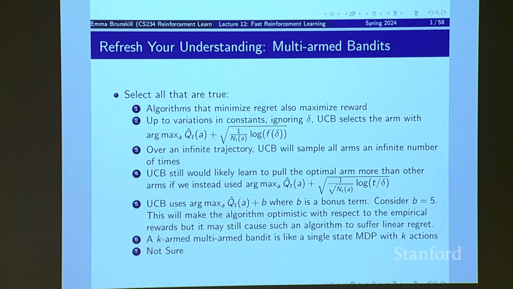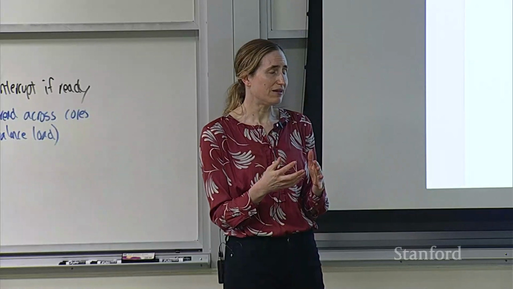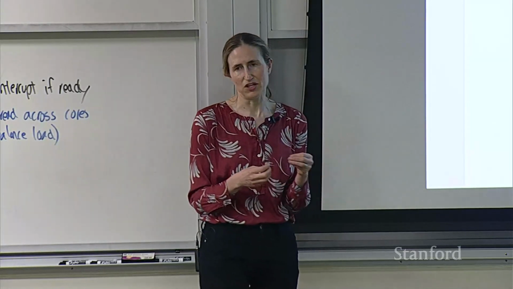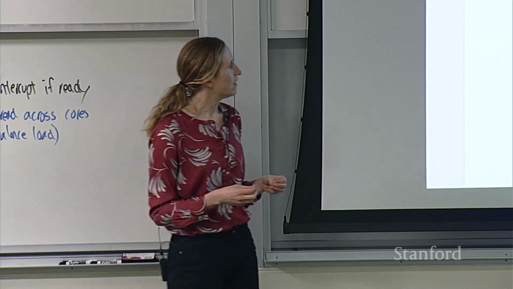So in general, with our confidence intervals, you will be selecting all arms an infinite number of times, but it might be really slow later on because let's say you have a really big gap between arms, then that log term, and you'll have a T dependence in there in general, that will continue to grow a little bit, so you'll sample another arm again, which helps with the fact that you might have been really unlucky and gotten a really weird estimate of the arm performance so far.